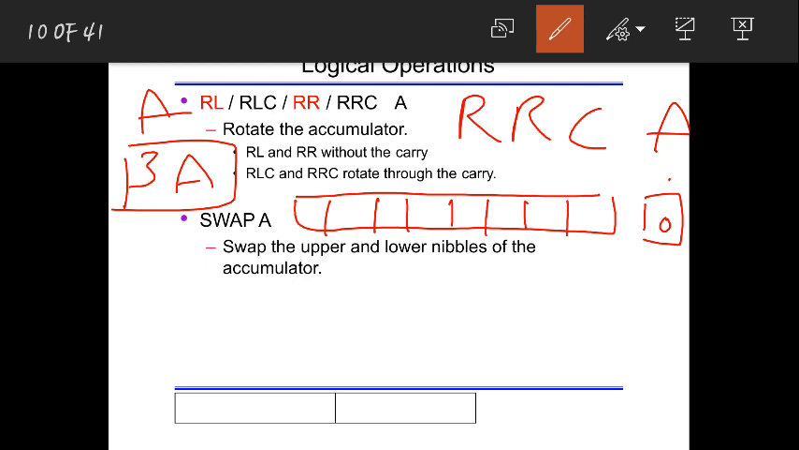This is A. 3A means this is 3, 0, 0, 1, 1. Then A means 1, 0, 1, 0. Carry is 0. But now we are doing rotate right. So when you are doing rotate right, we need to rotate towards the right side with carry. I'll start from here, the A 7th bit towards right. The instruction is rotate right with carry. So now after execution,